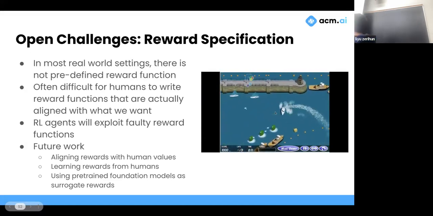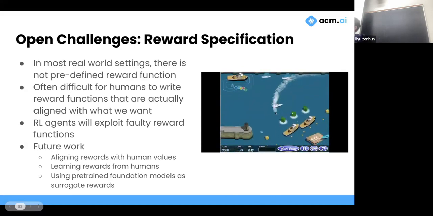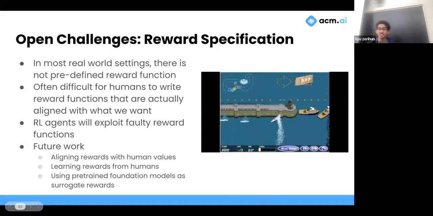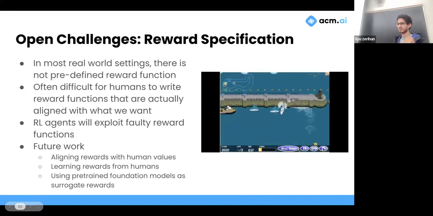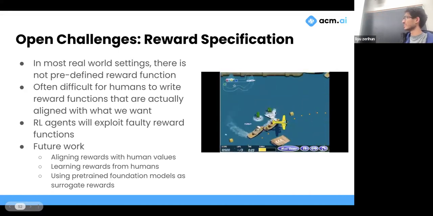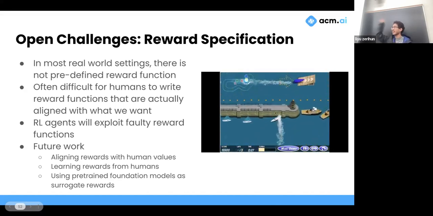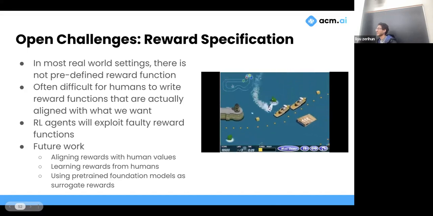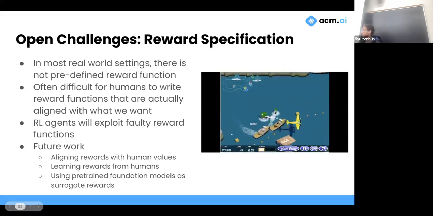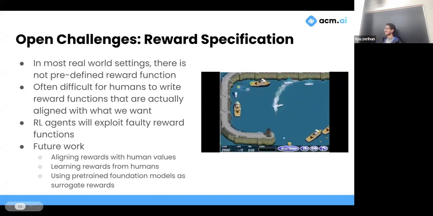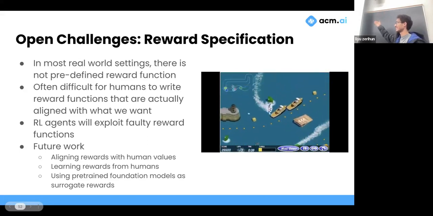So this is a race that the model is supposed to be winning. And if we observe what this boat is doing, you can see that the boat is just going in circles. And the reason for this is that the reward function rewards the boat for going forward, but it doesn't penalize the boat for going backwards. And so if you want to really maximize the reward function, right, you're not going to get to the end of the race because then that's a finite reward. But if you keep going in circles and you go forward, then backwards, then forwards, then not backwards. And that's a much higher reward. And so you see that this is what the boat is doing. It's maximizing its reward function.